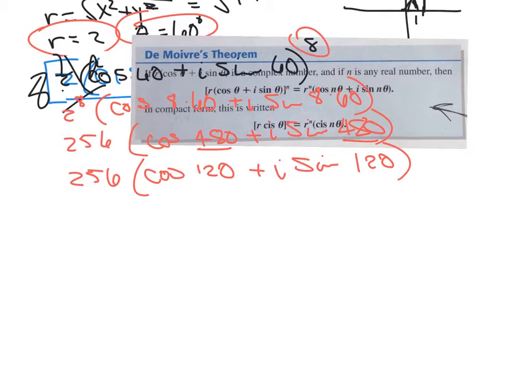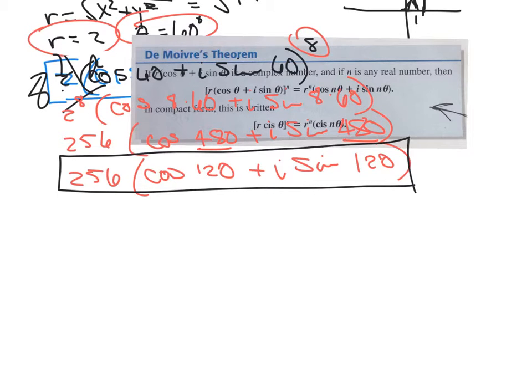Alright, so now what I need to do is convert this back into rectangular form, because the example said express the result in rectangular form. So now I have to take my answer and move it back into rectangular form. So section 8.2 explains how to do that. Example 2 in 8.2 shows you how to do that. So remember, we take our